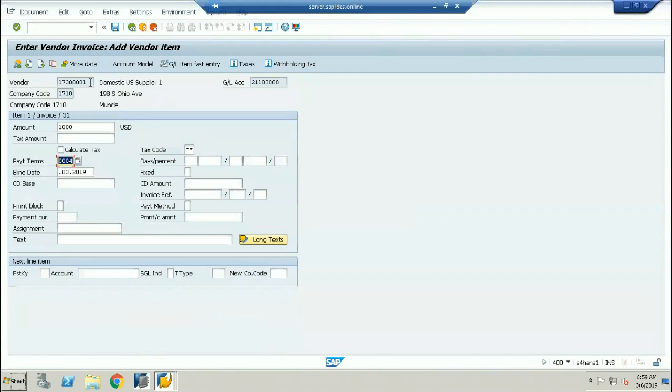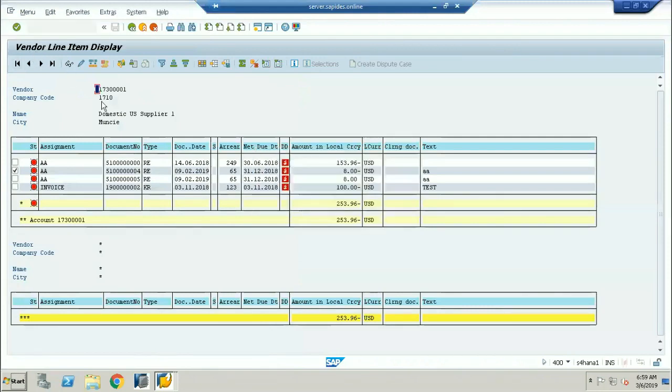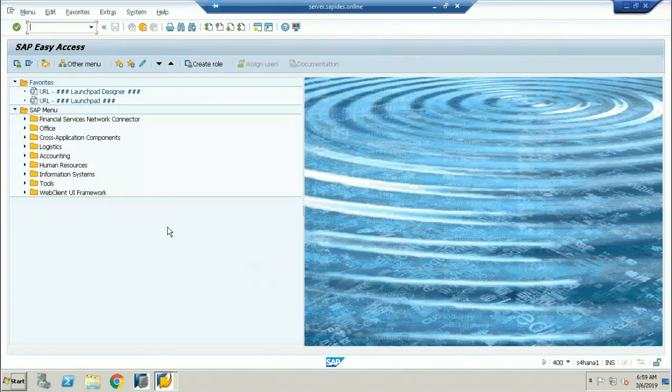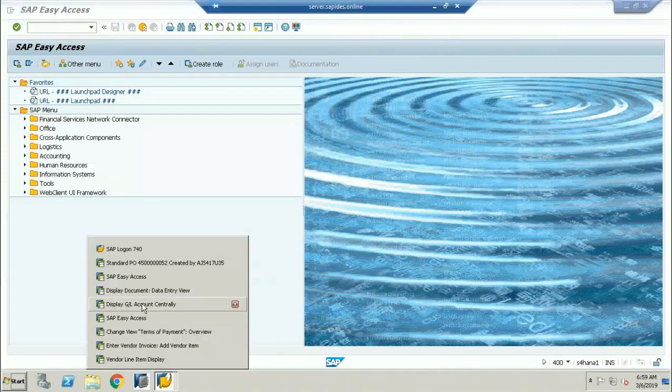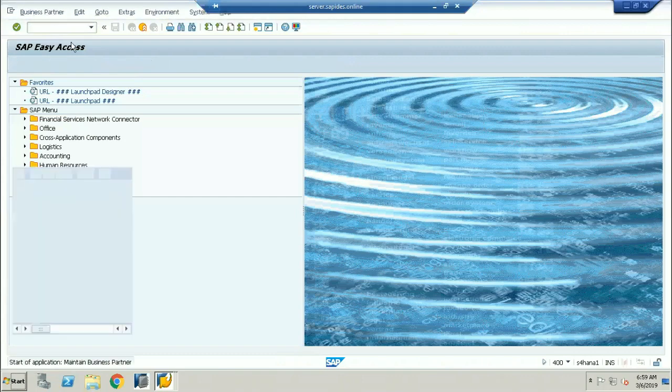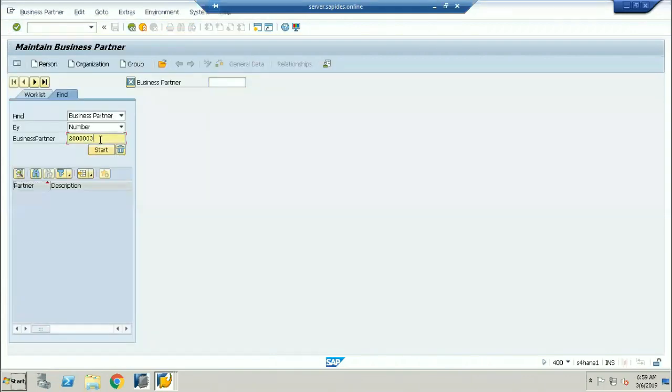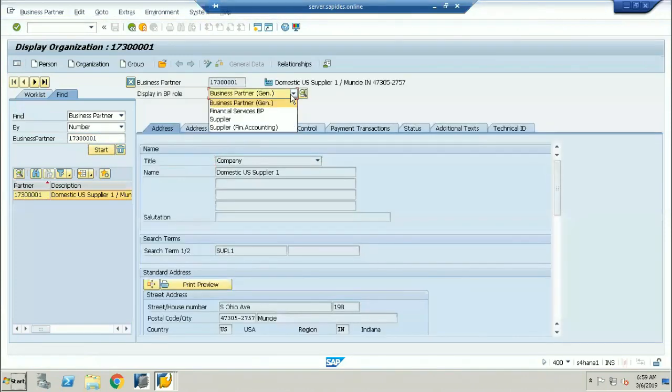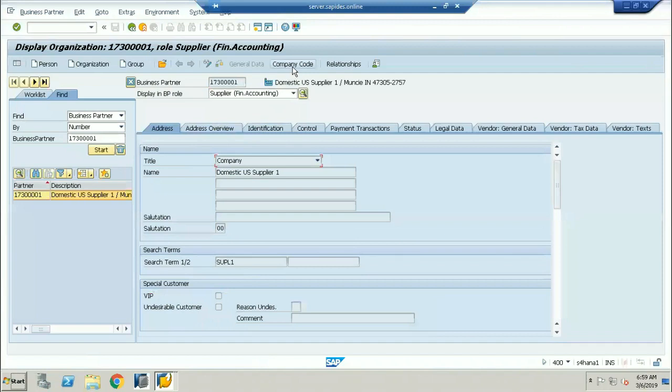Because if I go into the vendor master data, if I go into the BP and double click on it, and switch to the FI, supplier FI accounting, now I'll go to the company code.